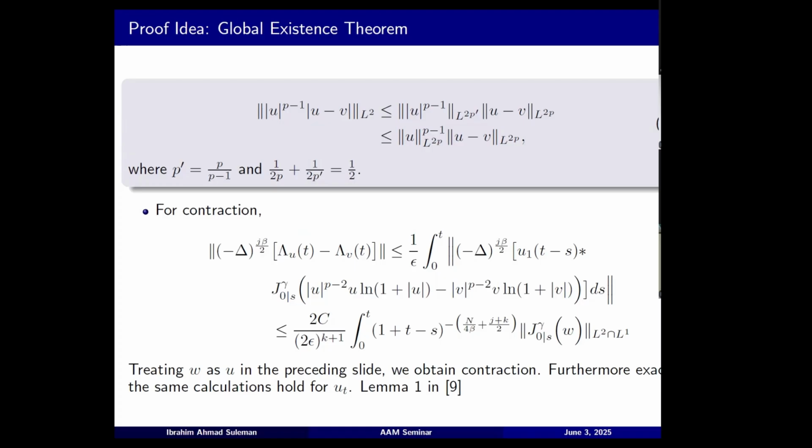We treat it as before, like I said, we apply the norm estimate for linear solutions. We have this. Then what I call w is the difference in the brackets before. And we treat it exactly the same as u. We have the interpolation inequality. From the interpolation inequality, we reach Hölder's inequality, and that's it for us. We are done. Exactly the same calculations for the derivative in time, and Lemma 1 in the work of Fino and Dabbicco gives us all the cases that we want.